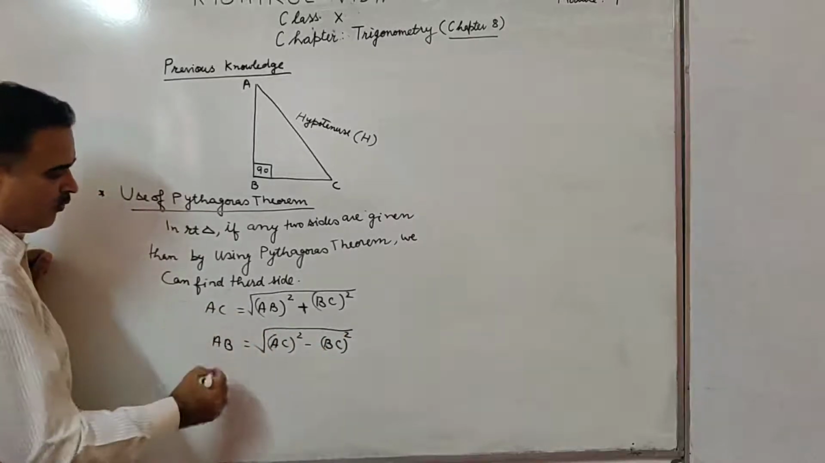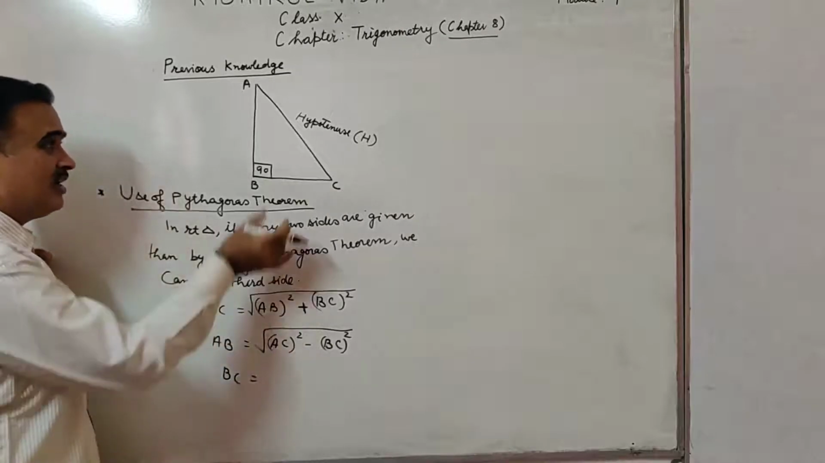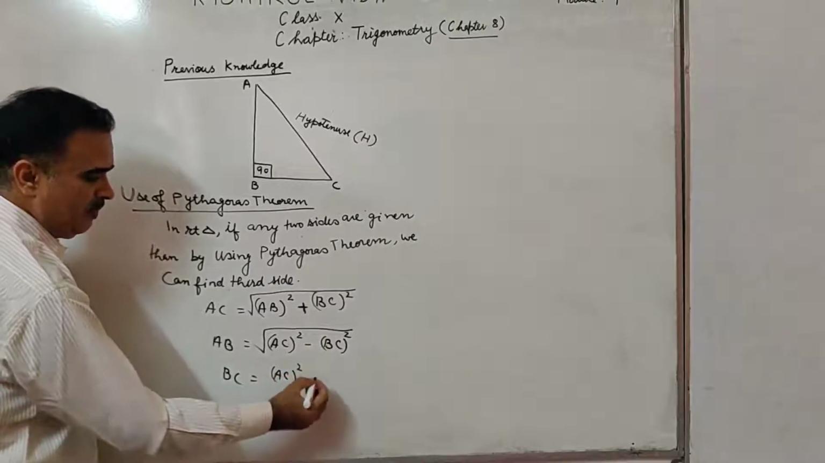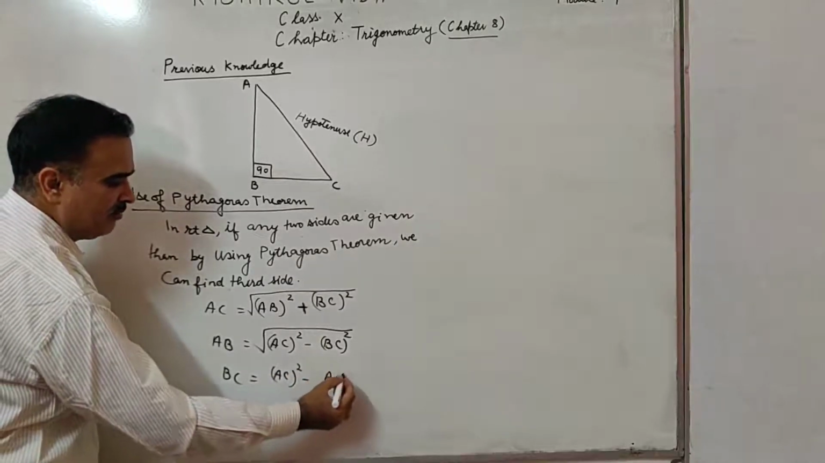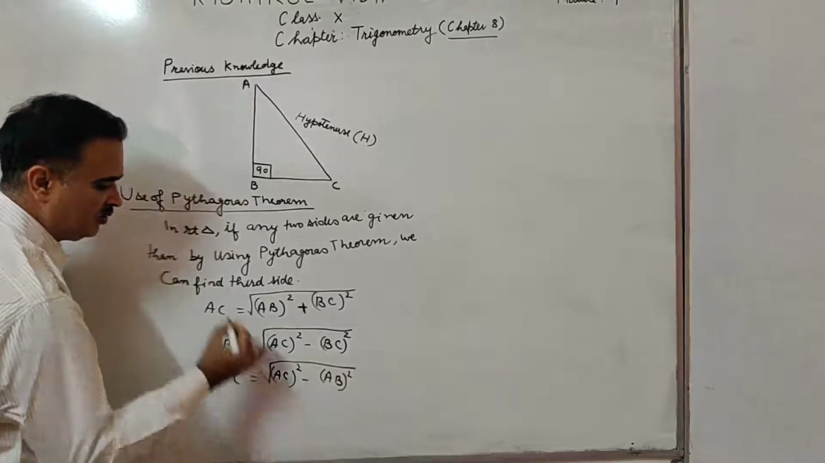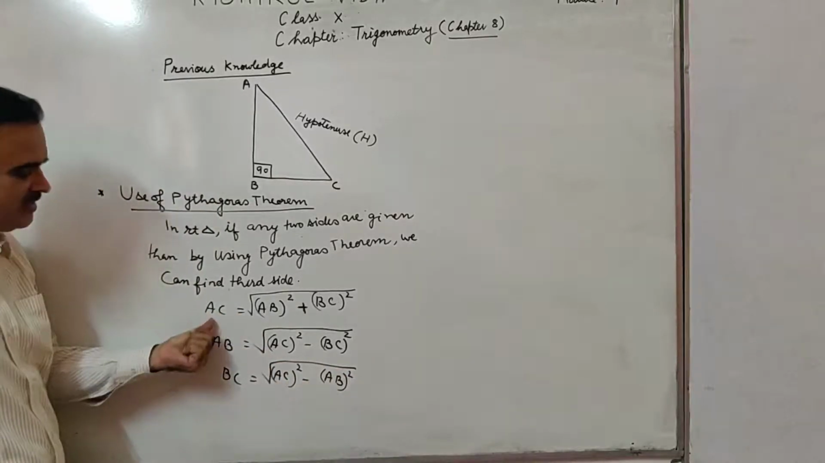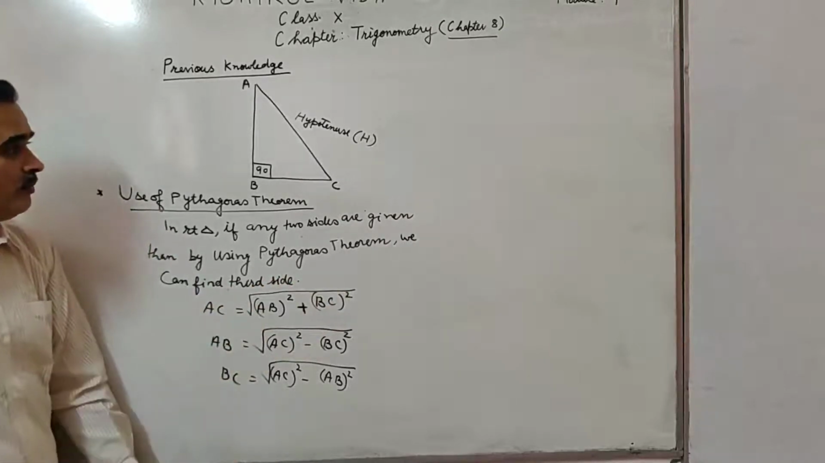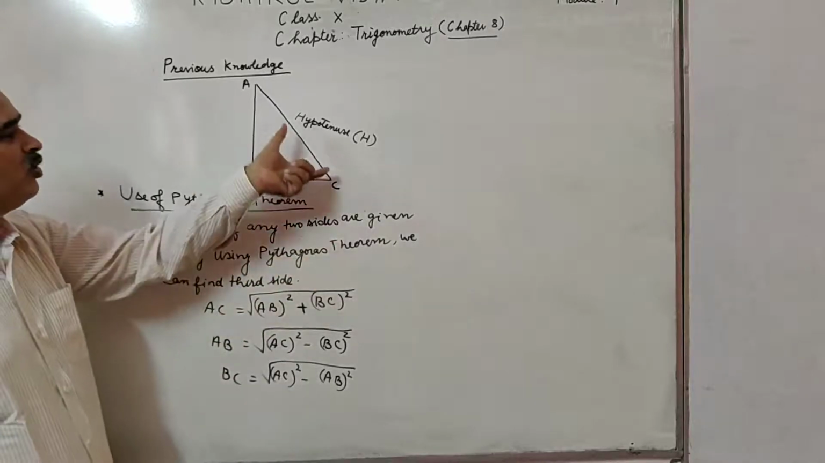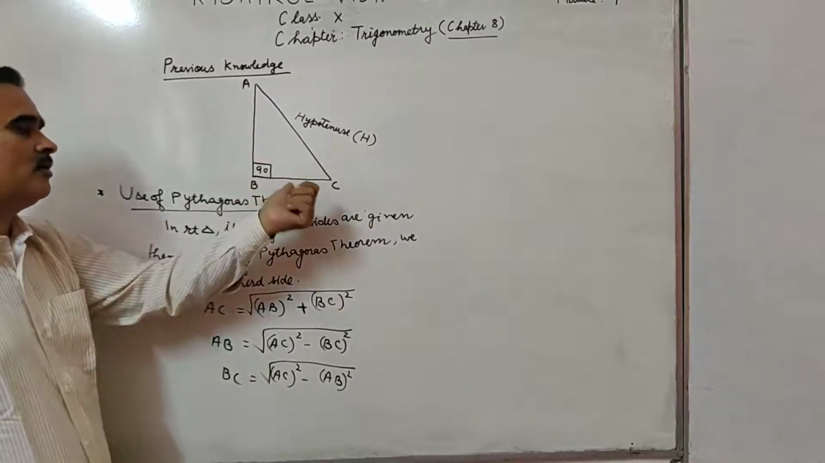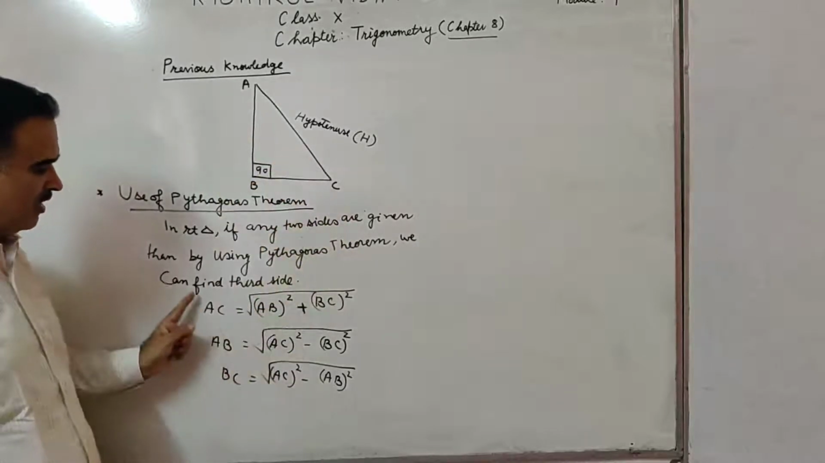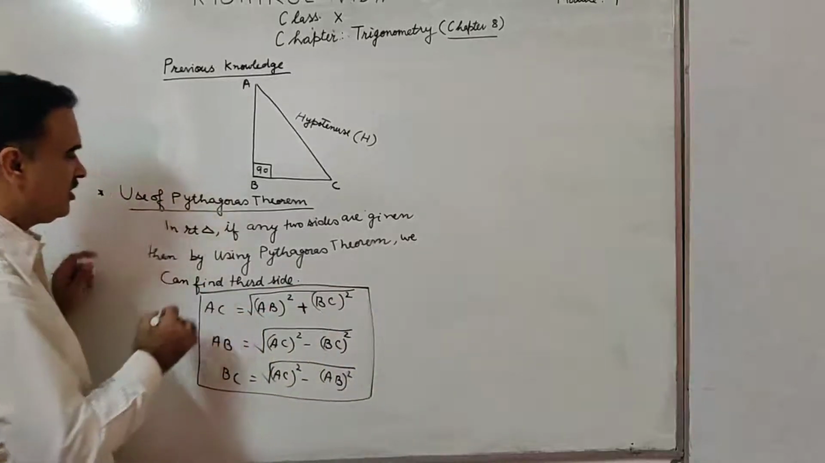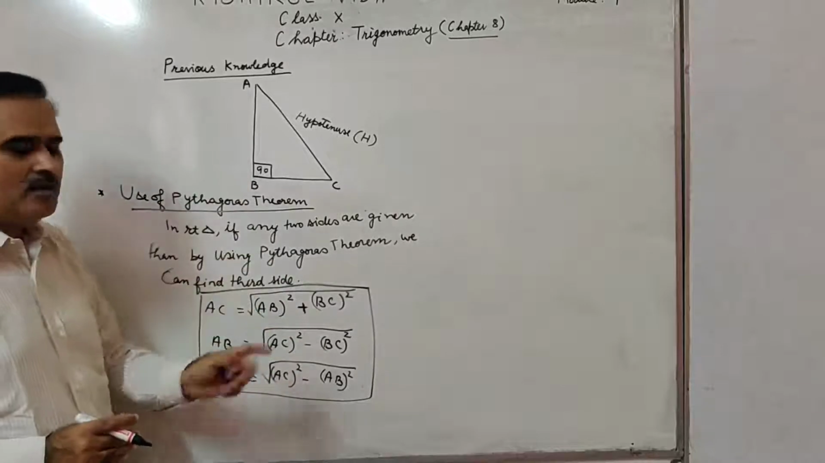under root. If we want to find BC, it means AC and AB are given. That is AC square minus AB square under root. If we want to find AC square, there will be no square root. In 7th class it has been told to you: hypotenuse square equal to perpendicular square plus base square. So using this we can directly find all three sides when two sides are given. This is the maximum use of this in your